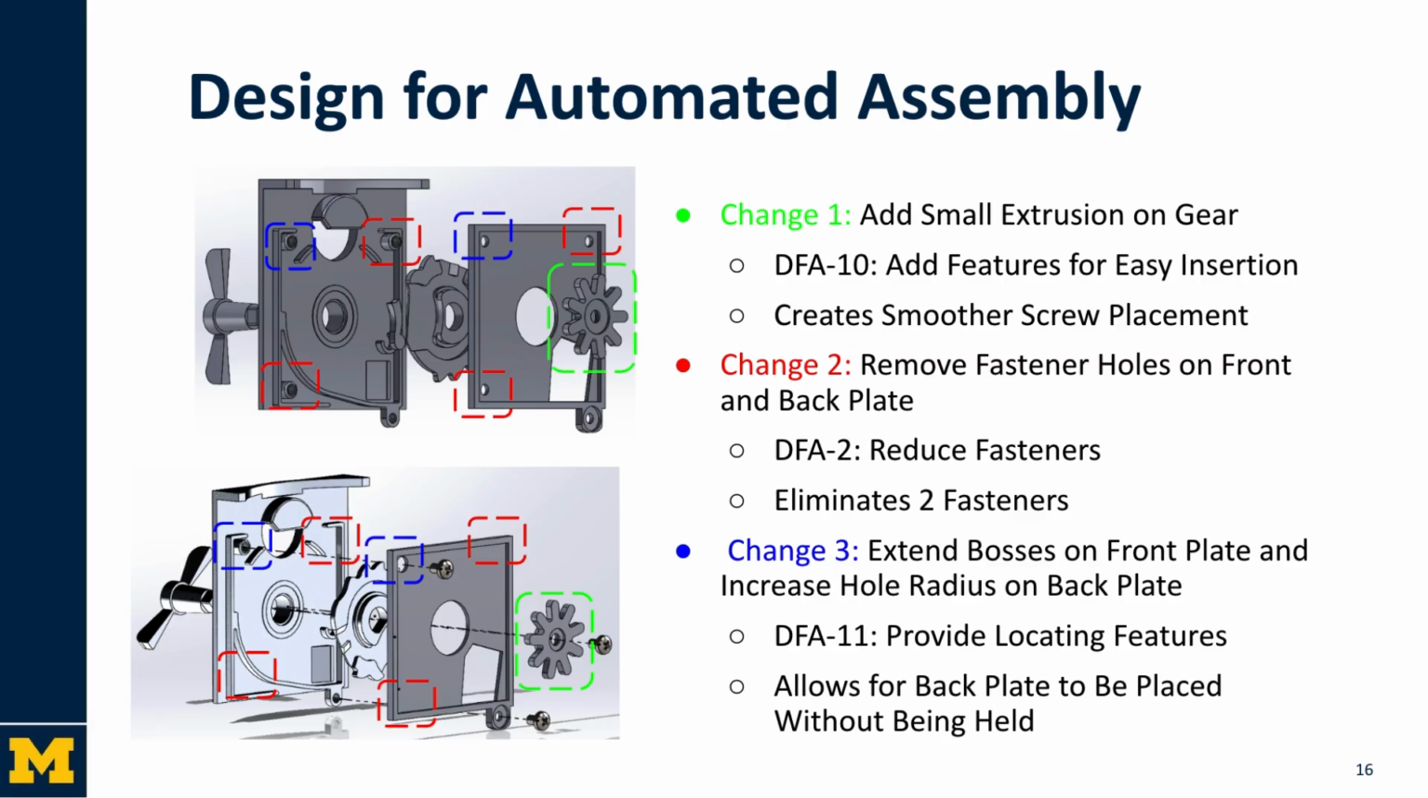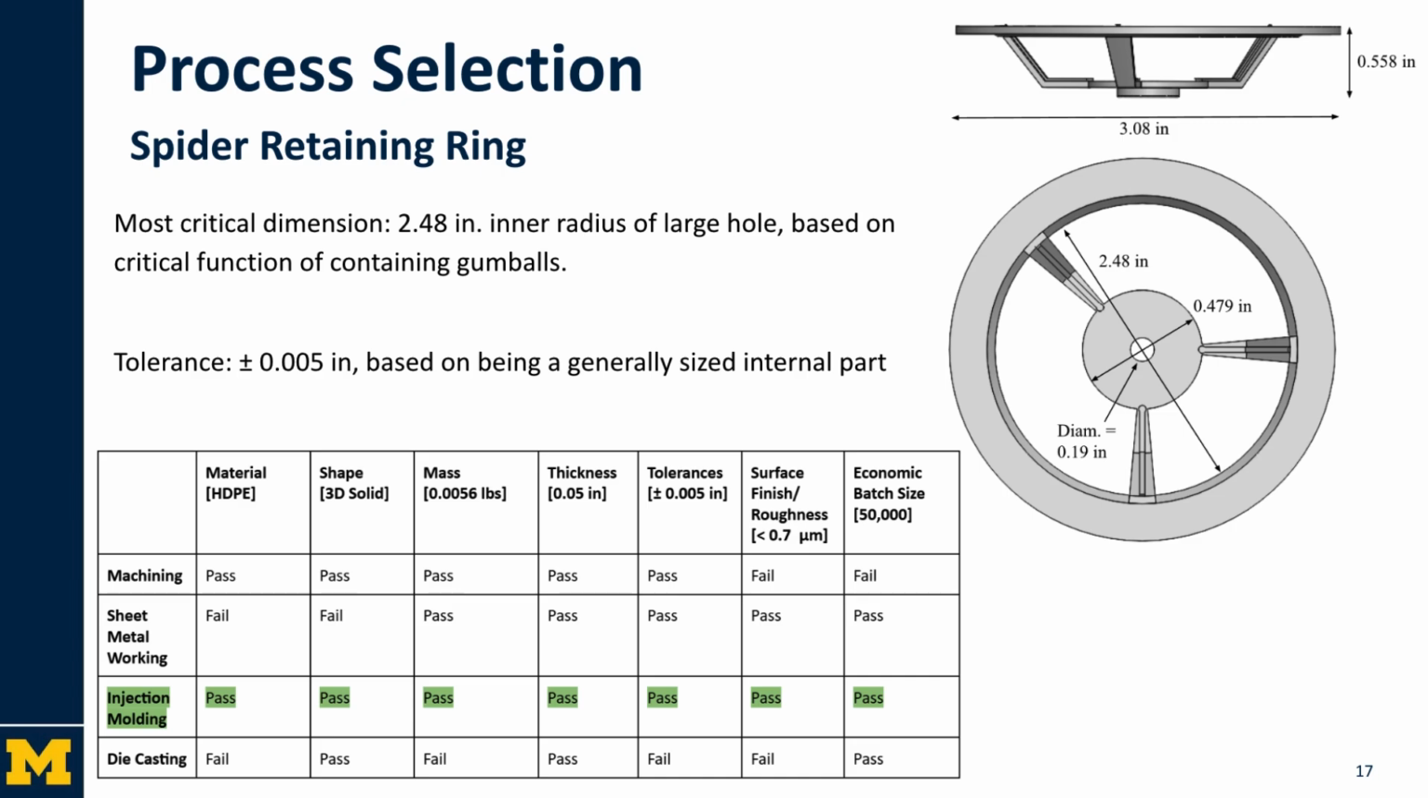In the new design, we extended the boss on the front plate to allow for the back plate to be guided. It is important to note that these changes did not alter the functionality of the gumball machine but improved the overall assembly process. One of the most important parts that we need to consider that we altered previously is